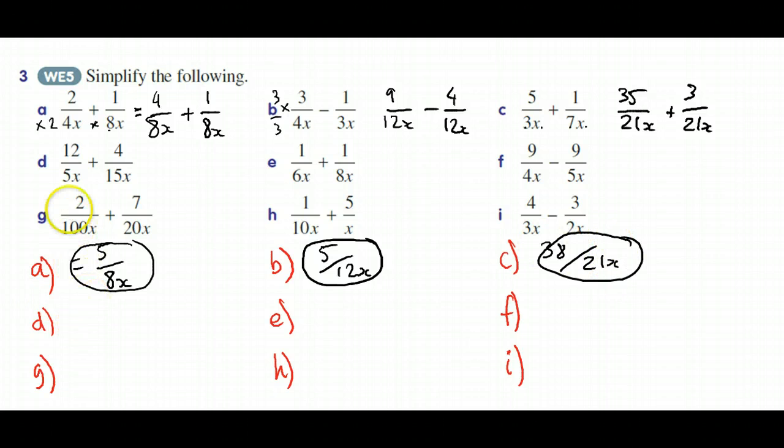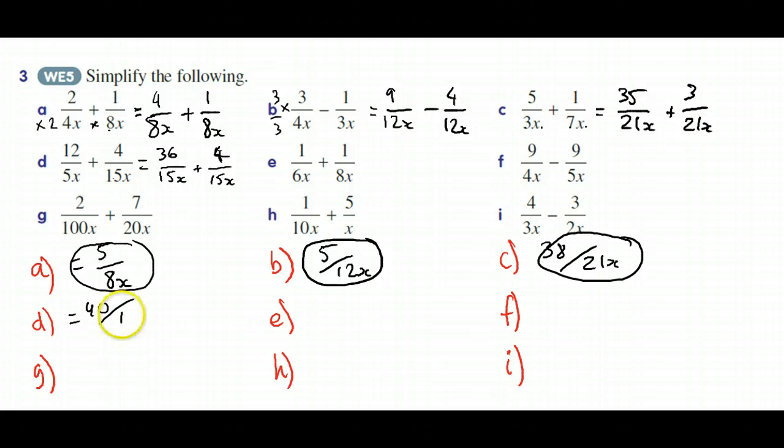Okay, in D, we've got 5x, and let's make sure I put my equals in there so it's all correct. We've got 5x and 15x on the bottom. 5x goes into 15x, so 15x is the lowest common multiple for those two. To get 5x to become 15x, we just multiply it by 3. Let's do the same to the top, 36. Don't have to do anything to that one. That's just 36 plus 4, which is 40